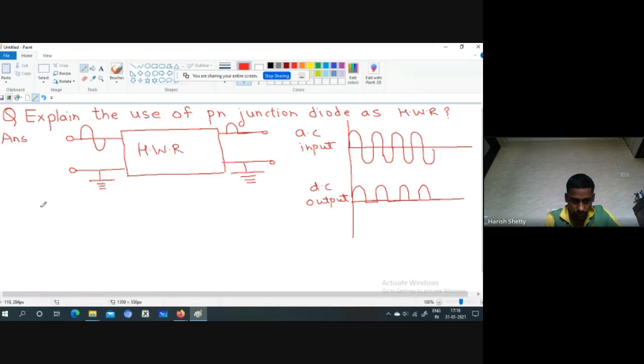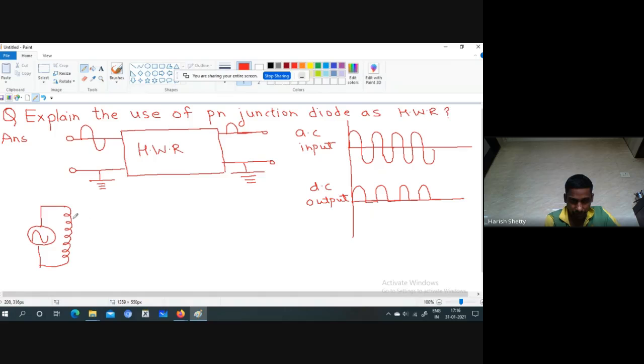So first of all, we will draw this as an AC power source. You can see this is our AC power source. This is our household supply, which is AC, that is 230 volts. And these are the connecting wires. So these connecting wires are connected to the step down transformer. So this is the diagram of the step down transformer.